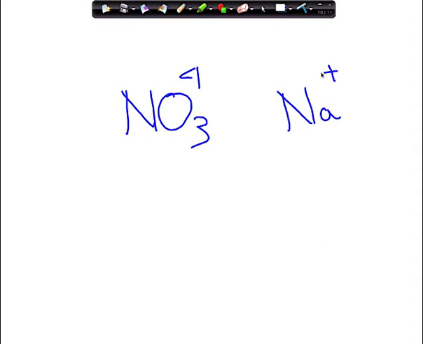So yeah, by the way, guys, be careful about that. If they throw this at you on the test and ask you to draw the Lewis dot structure, it does not resonate. Yeah, exactly. Good point.